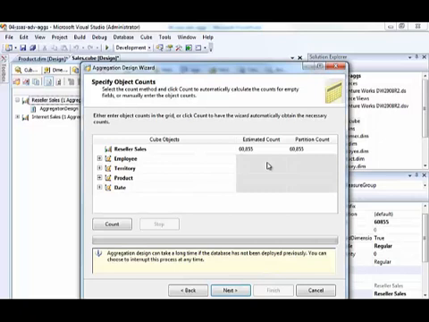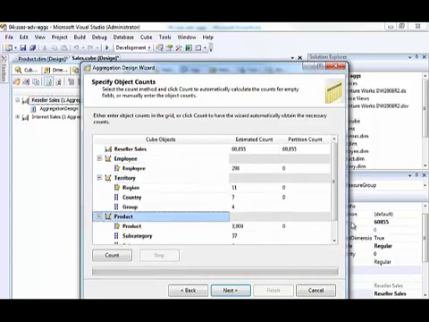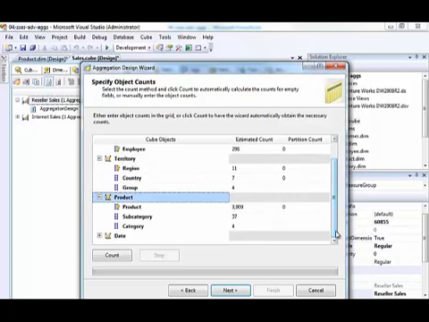Now, this particular cube has only one partition, and we'll talk about partitions in another module, but an important consideration here is to not only get a count of the objects overall, but especially to get a count of the objects within a particular partition. Now, if you only have one partition, you don't need to worry about this, but as you break down into separate partitions,